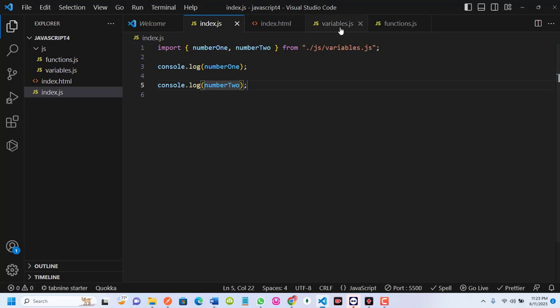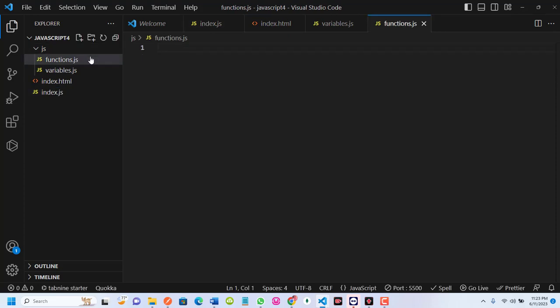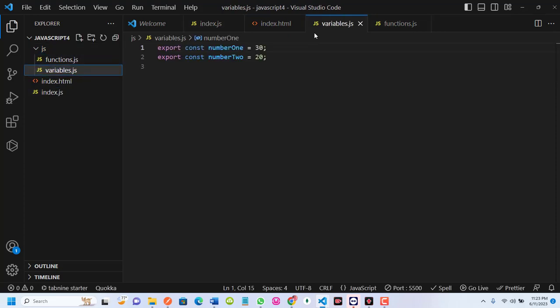So the next thing I want to do now is to create a function. We have functions.js. So let's create a function. But before we create a function, let me show you another way by which you can export this. Now this method looks not too wonderful, because what if I have 50, like 100 variables? Will I start naming each one of them export const, export const, export const? That would be redundant. So to avoid redundancy, I can easily take this out,